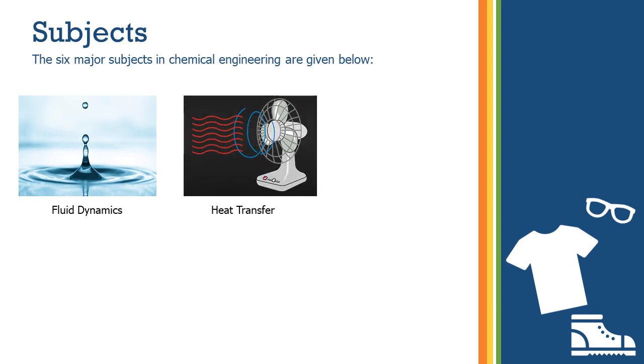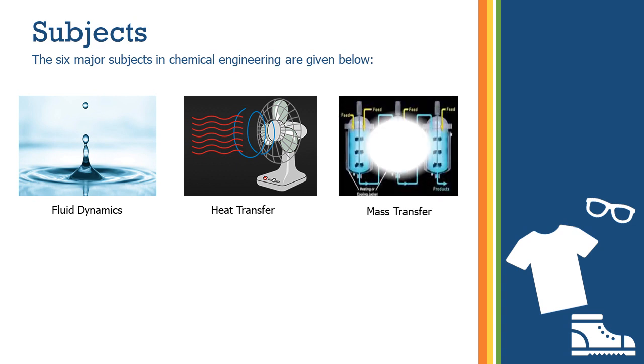how energy or heat is transferred from one body to another due to a temperature gradient. The third major subject in chemical engineering is mass transfer, in which we study how mass is transferred from one place to another due to a concentration or Gibbs free energy difference. The fourth major subject, and the most important one,